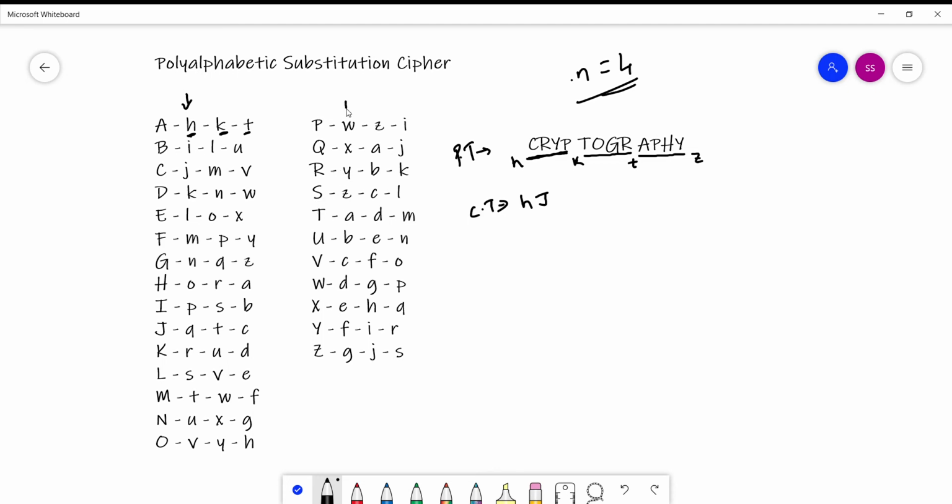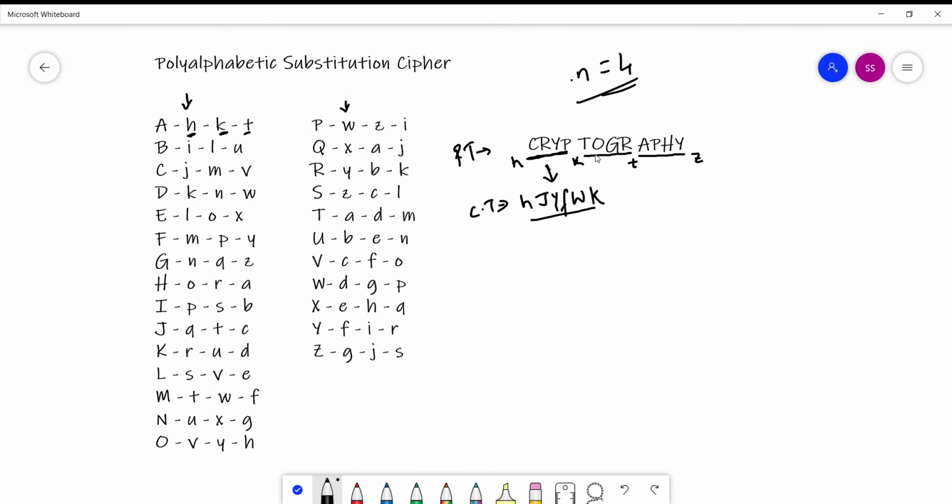So this will become Y. Y is encrypting to F. P is encrypting to W. And this is ending with K, so I will put a K here. So this plain text will become this ciphertext.